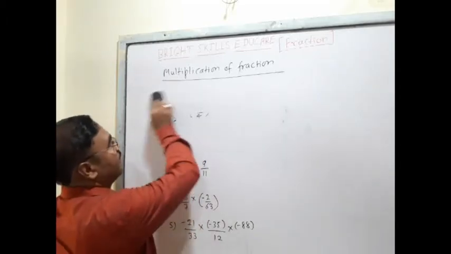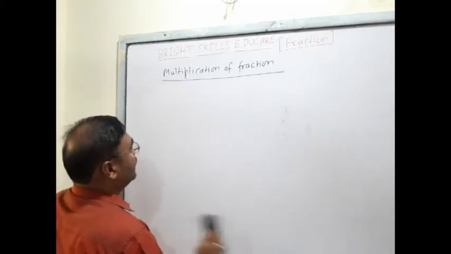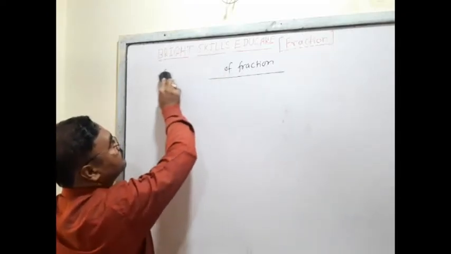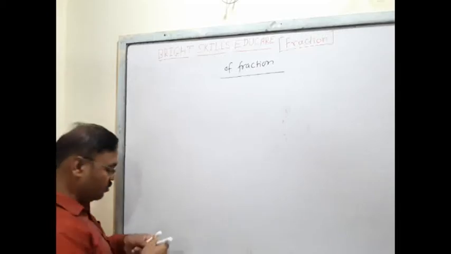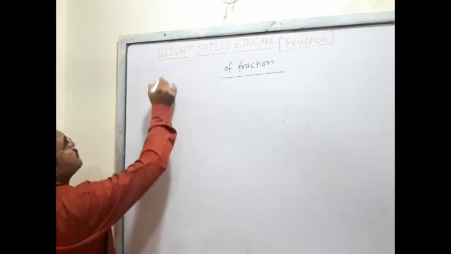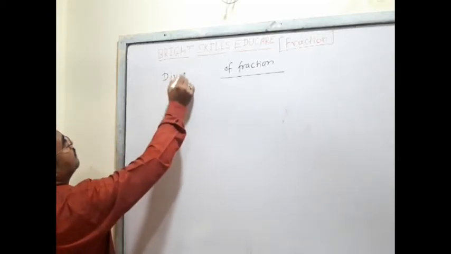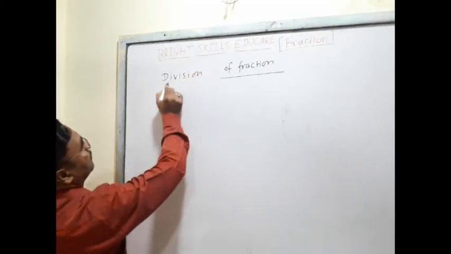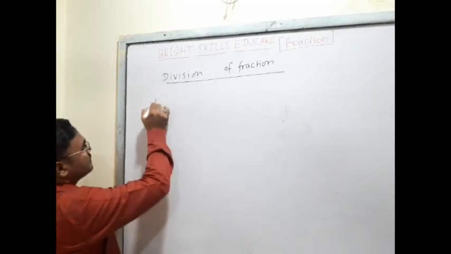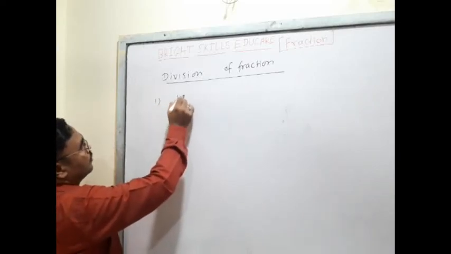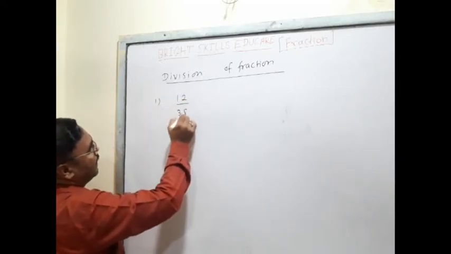Now students, we are going to solve division of fractions. Here it is multiplication of fractions. Now we are going to do division of fractions. See, first sum I am taking 12 upon 35